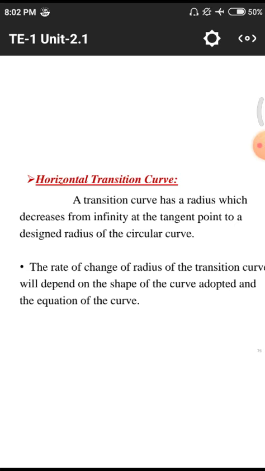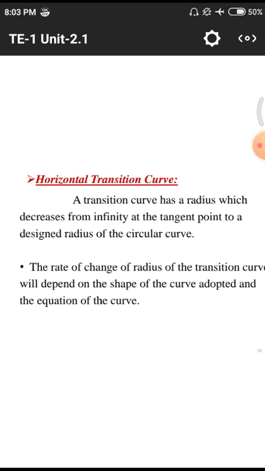This merging of two roads involves this type of transition curve, because if there are any perpendicular points, we have to move very slowly. Due to the slow movement of the vehicles, the entire traffic, forward and backward vehicles, is affected by these perpendicular joints. We should not provide perpendicular joints whenever there is a conflict point, so these horizontal transition curves are implemented to reduce the uneconomical nature of the roads. So today we will discuss the horizontal transition curve.